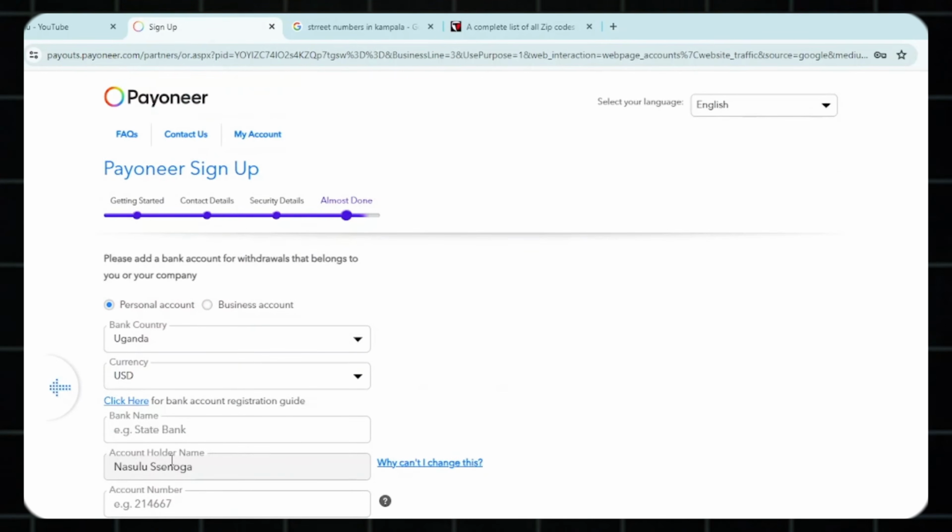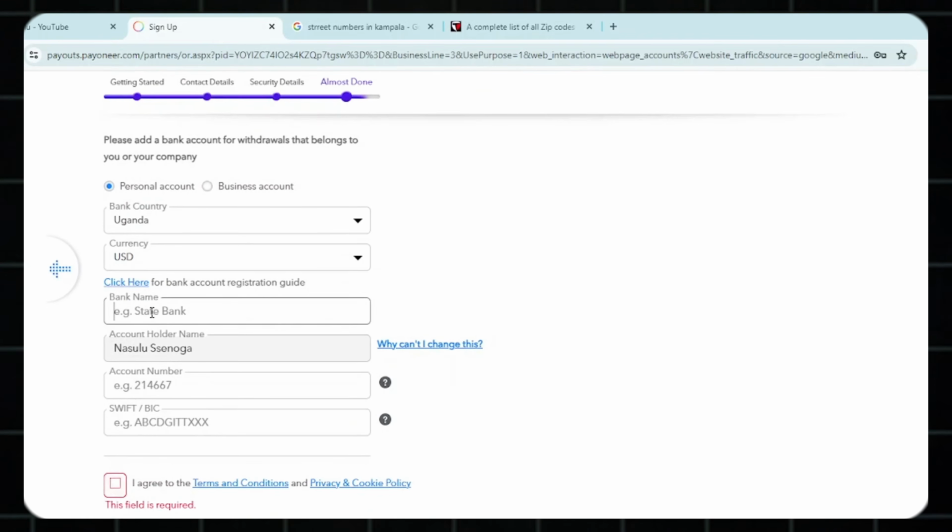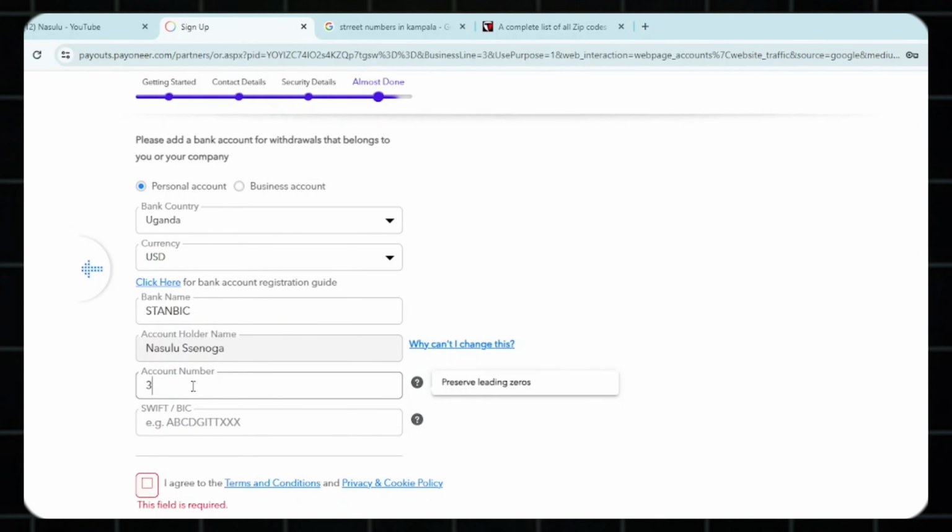That is step number five. We are almost done here. Now we are entering the bank details. That is the bank name, the SWIFT code, and then the account number. So enter the bank name right there, and then enter the account number. This is confidential information that I'm supposed to hide from people out there. So after entering that